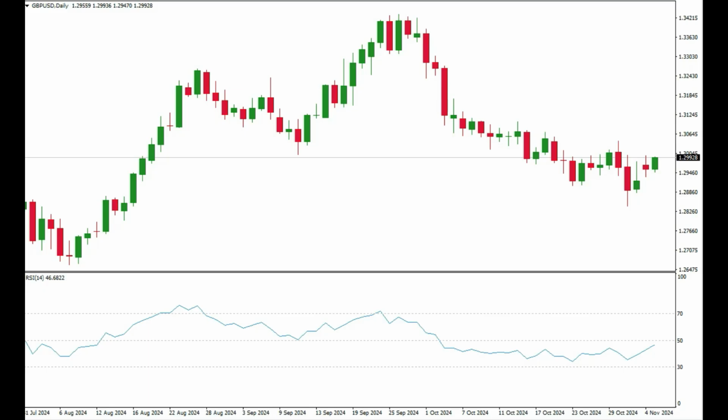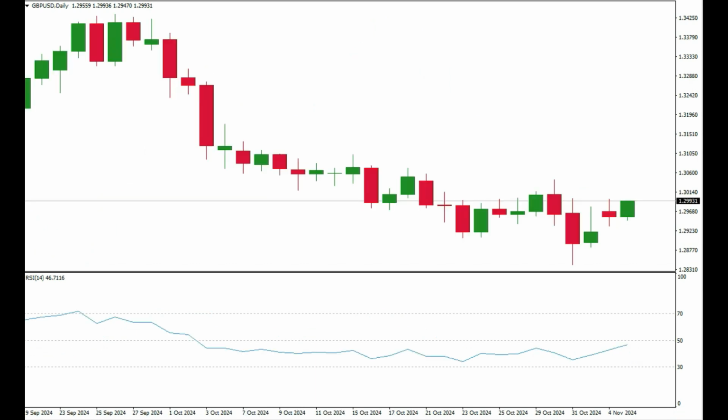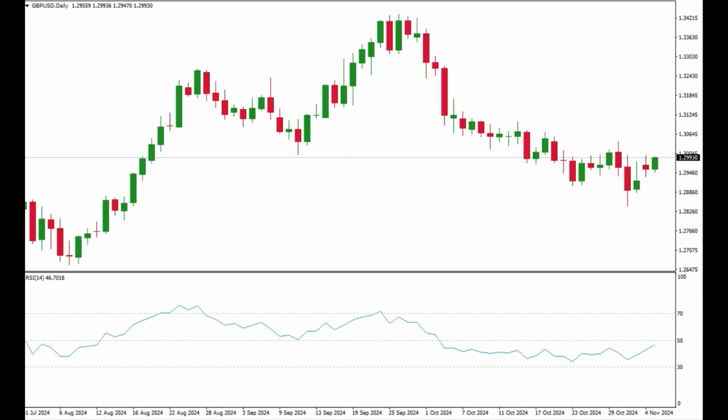And again, at the end, I just want to watch today. This is the British pound dollar. Right now, we are starting to create a bullish trend. Today, the day is bullish. We can see the relative strength index, for example, on the daily chart, that we have some kind of breakout now, and maybe in the next weeks we can see the 1.34 level again, but we will see and check what can happen.